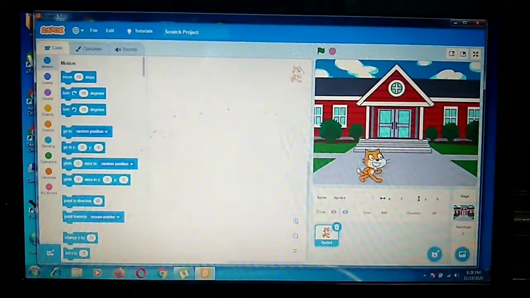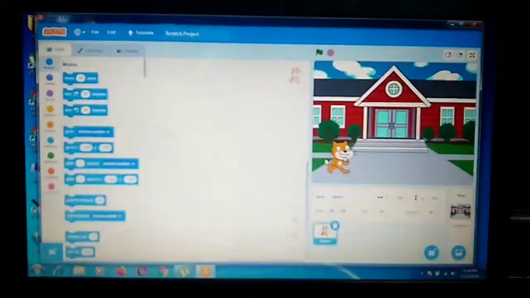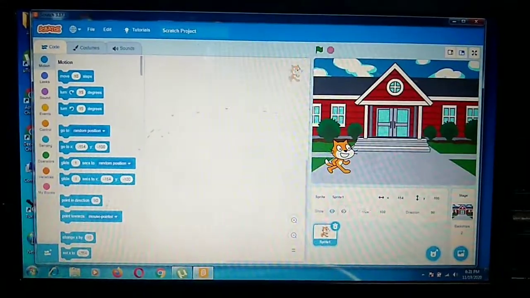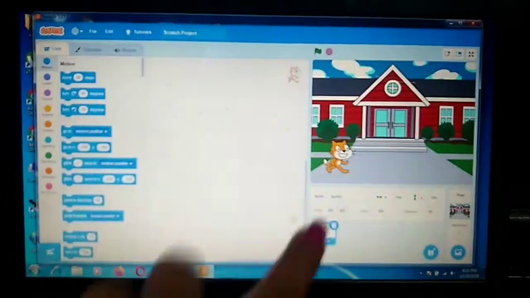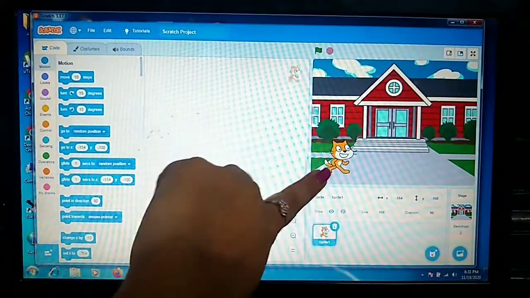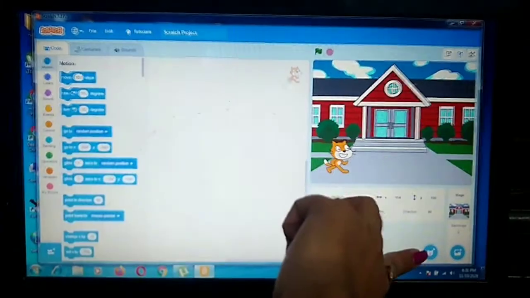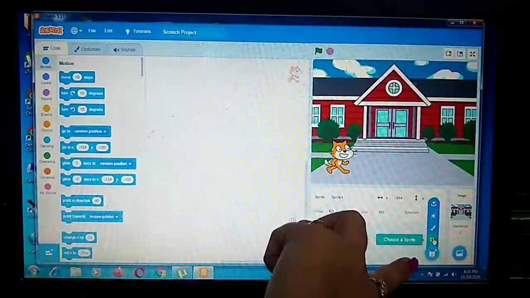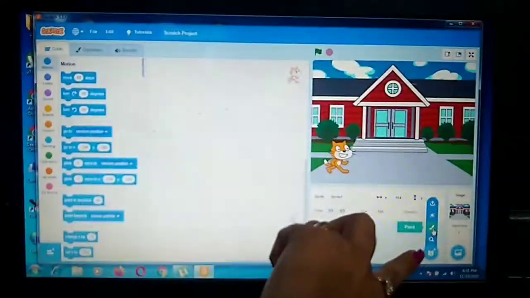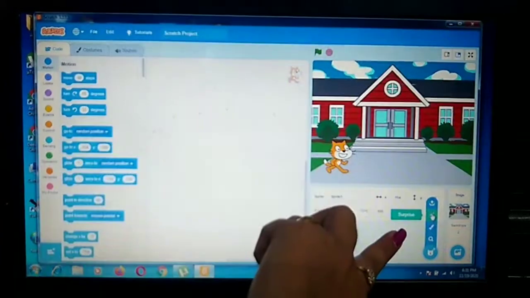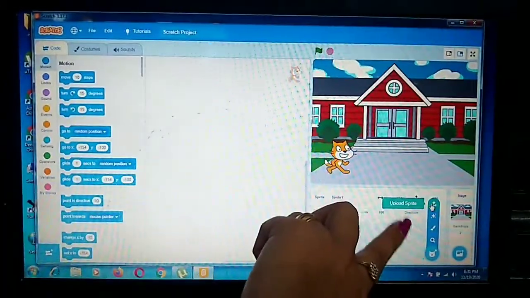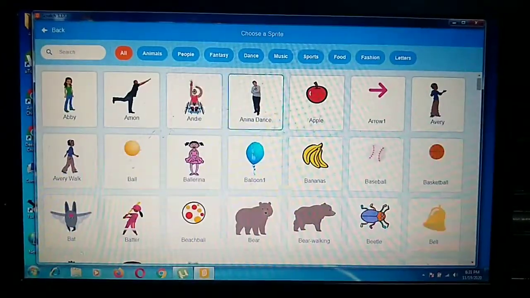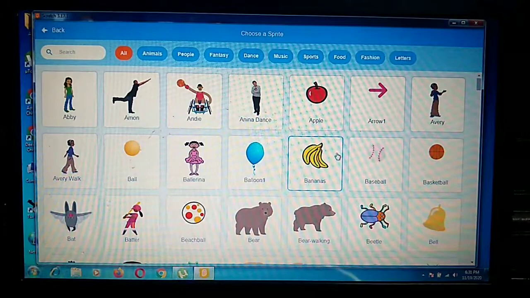Now you have to change this sprite also. You can see in your book another sprite is given, so you can choose that also. For changing this sprite, you will click on this button. Here the options are choose a sprite, paint, surprise, and upload sprite. Click on choose a sprite and from here you can choose the sprite.